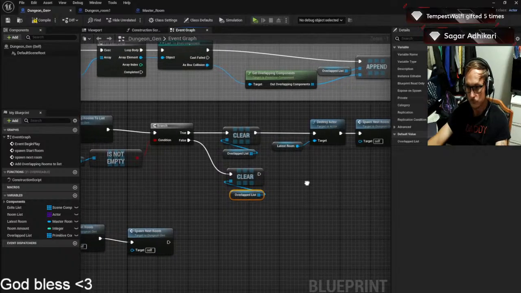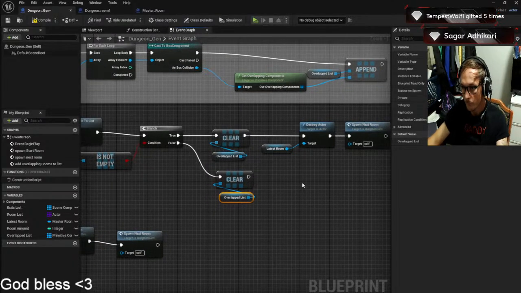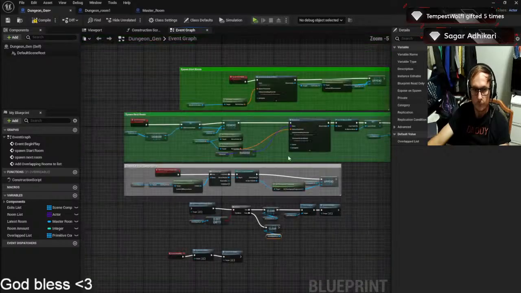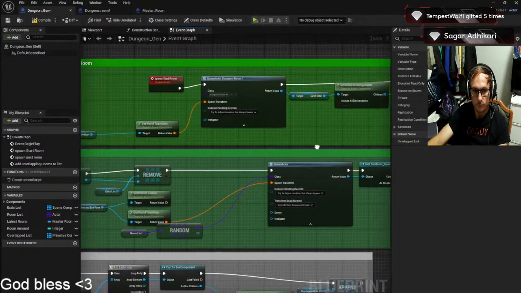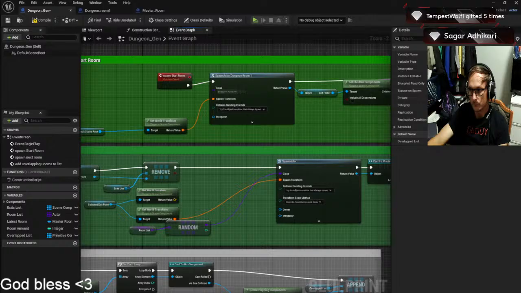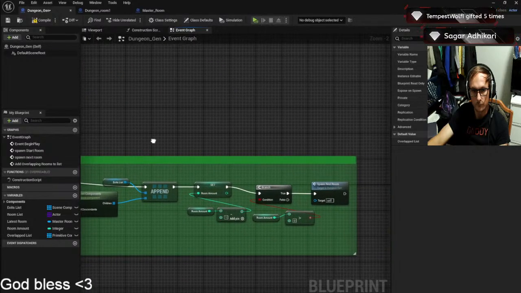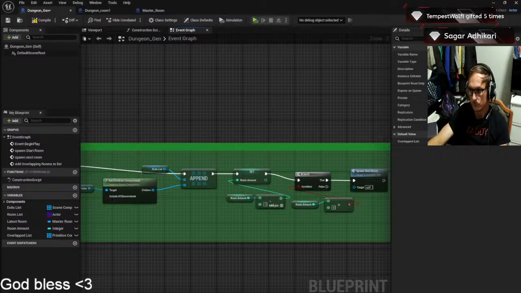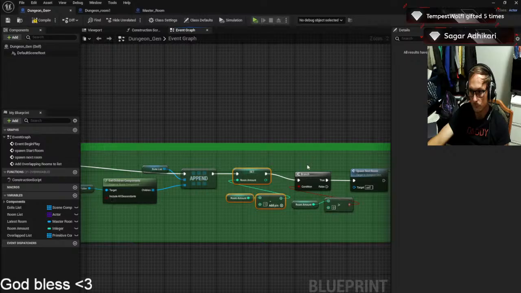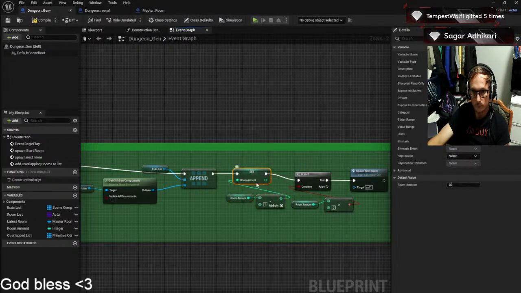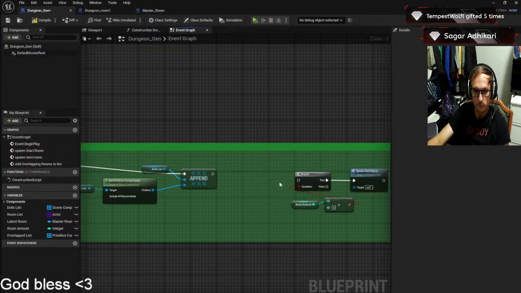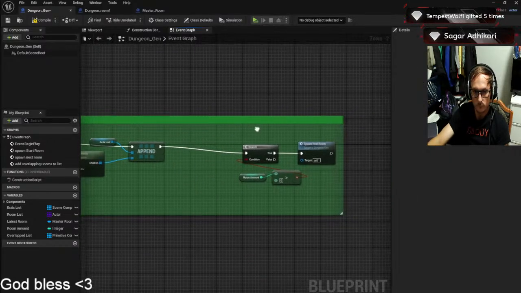So I think we can actually go up here, get this where we are subtracting from the room amount. You can cut it out, Control X, connect this up, and then we need to put it down here. For if the room is successful, then we will subtract 1. If the room is getting destroyed,